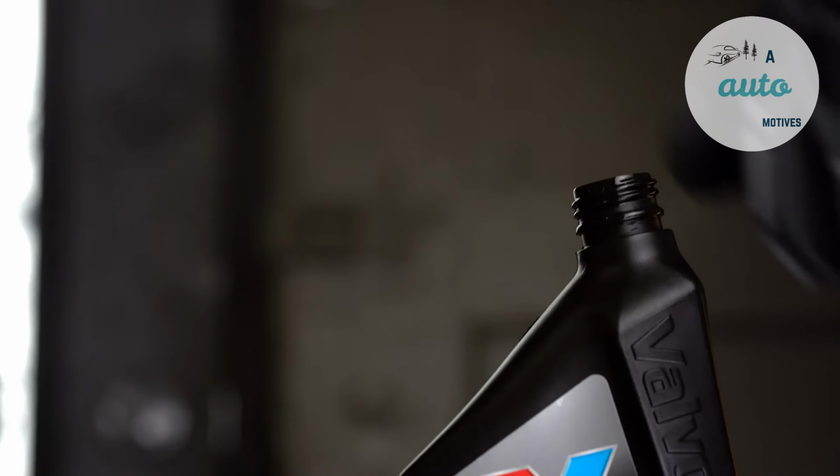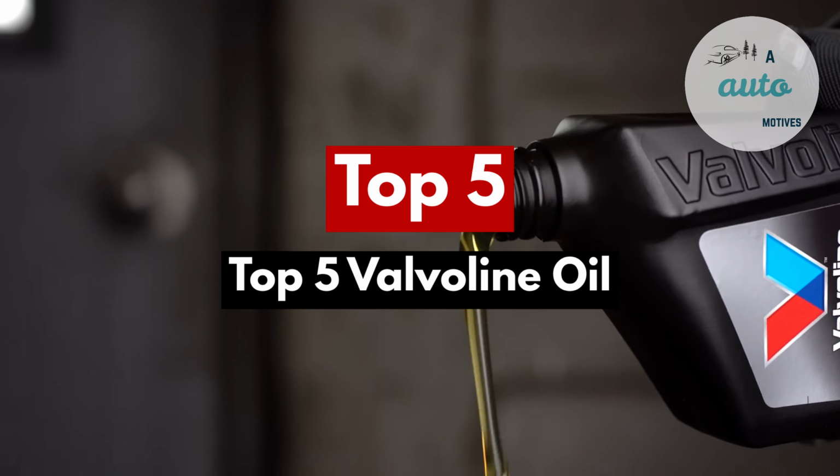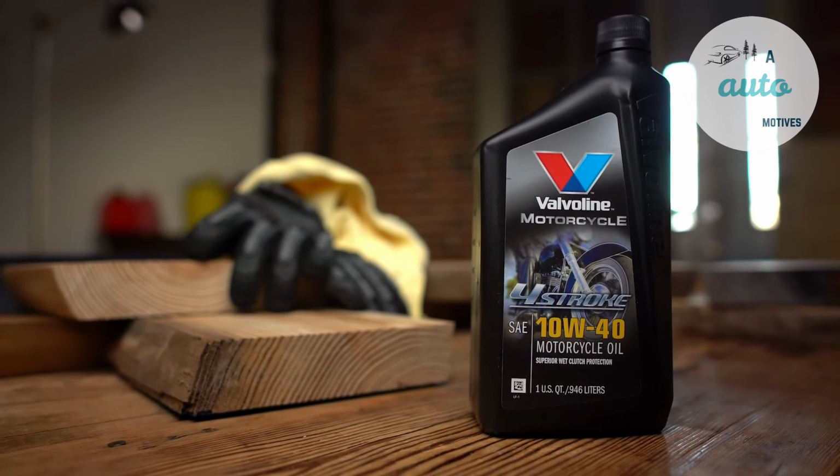That's all we've got for today. Our picks for the top 5 Valvoline oils to keep your engine running its best. Whether you need race grade protection, diesel durability, or extra care for your high mileage engine, there's a Valvoline oil